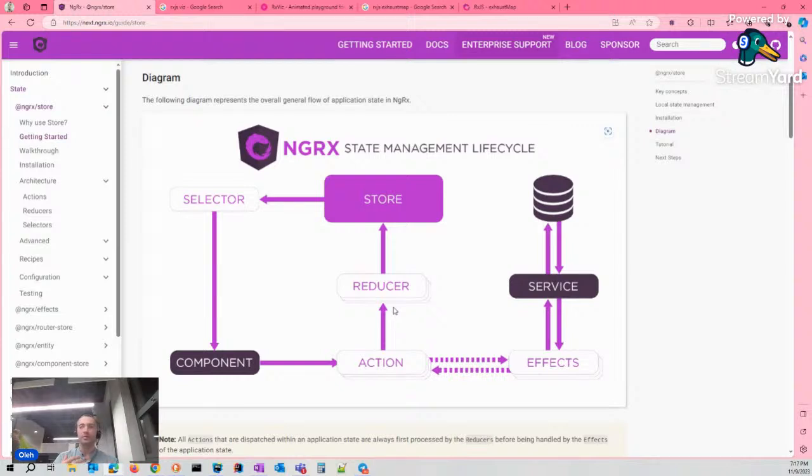If we want to make some actions, for example, an HTTP request, or process data and modify it and save the modified data, we have to use effects, but that's an additional system that can be used or cannot be used.